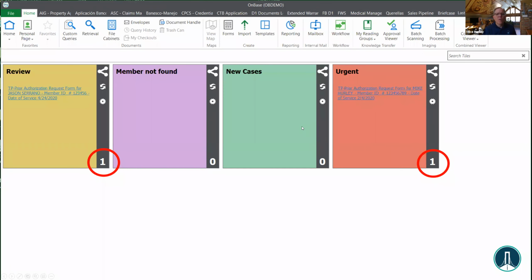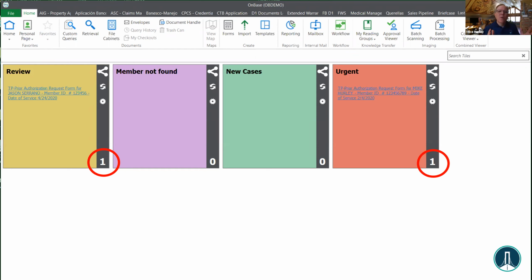In this workflow, these 4 boxes represent different queues. Those red boxes show you the number of items in that queue. Hopefully there'd only be one item in each queue, but as you might imagine, those would update automatically and populate as new stuff is coming in. You can move information between queues.